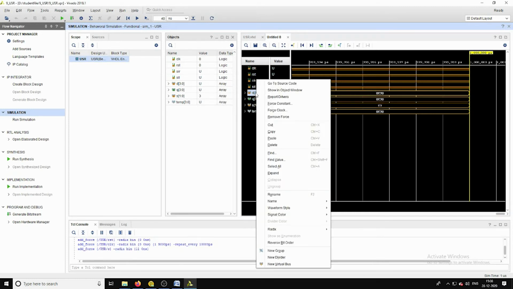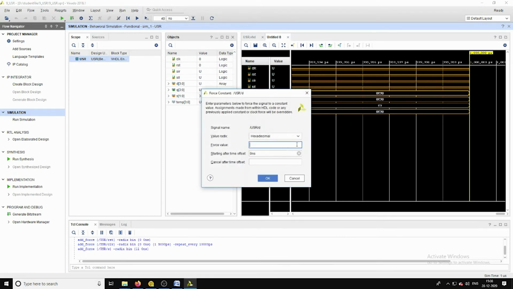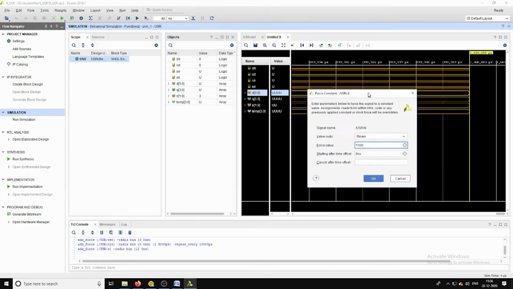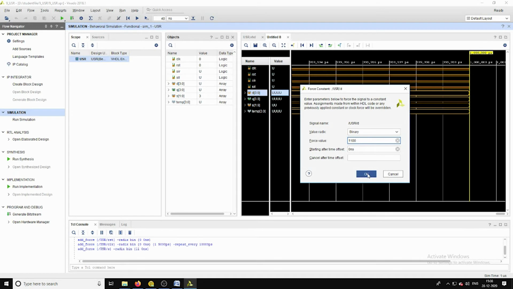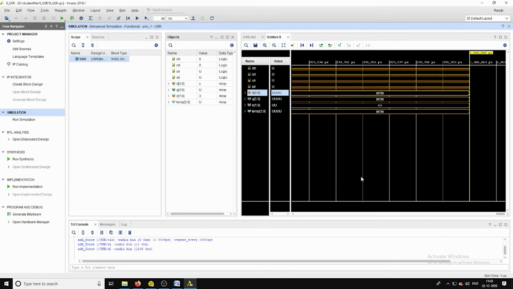Whatever the input we assign to this D input, the same is going to appear across the output. Say I have considered D as 1101. That means the same input should reflect across the output signal Q. I am not giving any inputs to the right shift or left shift values. If I run this